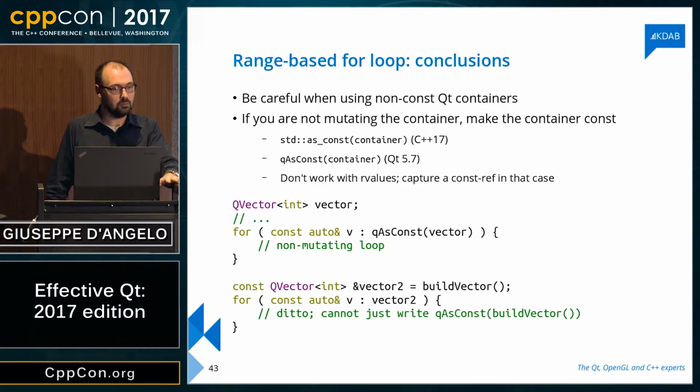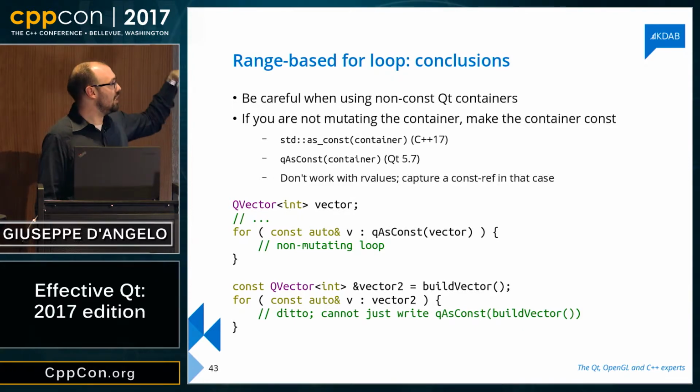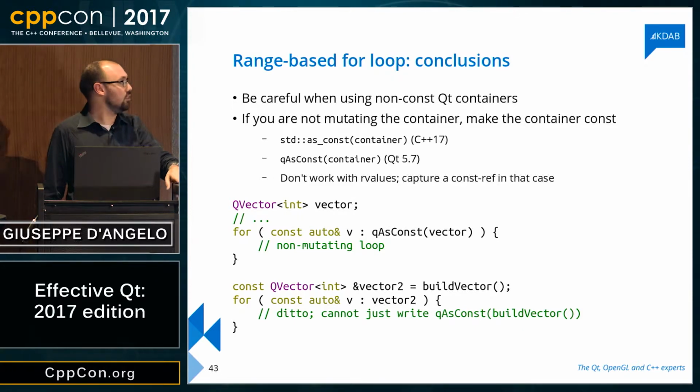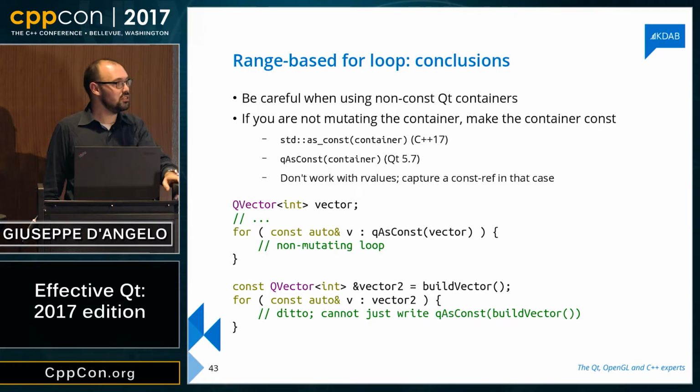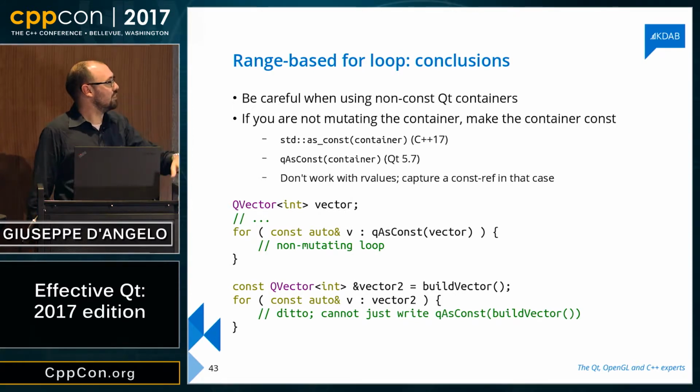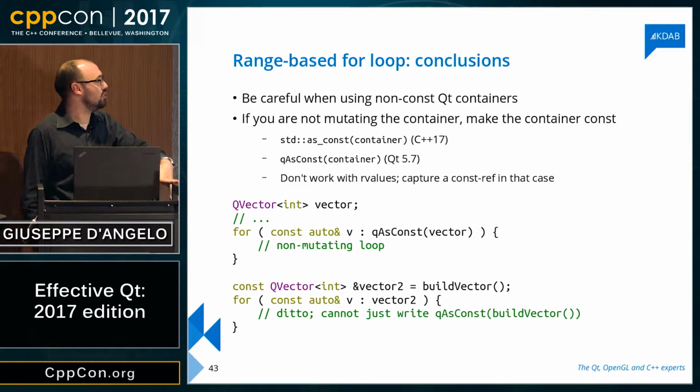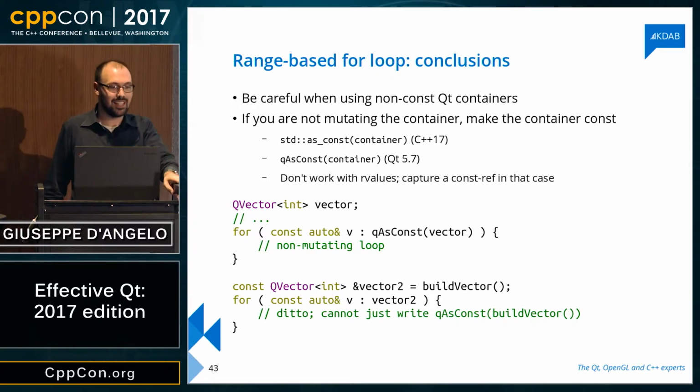So this is the way you're supposed to do it. You create a vector, you populate it, and then you call a ranged for loop by calling qAsConst on the vector. Yep, this will never detach because the vector returned will be const. For various technical reasons, this qAsConst does not work with rvalues. So if you've got an rvalue, the easiest solution is to capture the result somewhere in a local const variable and then pass it to the loop. All right.